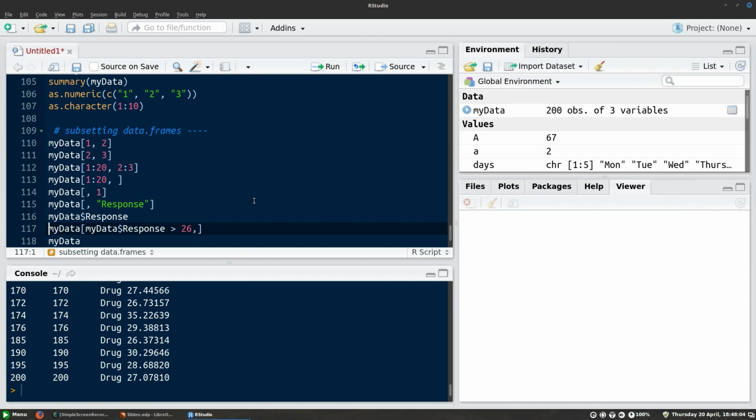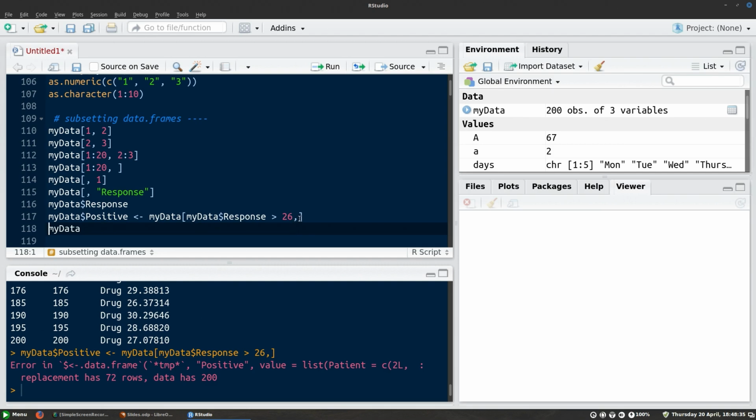So if you want to create a new column in your existing data frame, you give the data frame, then the dollar sign, and then you give the name of a column that doesn't exist yet. And so what R will do is create the column for you and then put in whatever values you've given it. And then use the assignment operator as well. So this should work. No, it doesn't work because we need to give it a